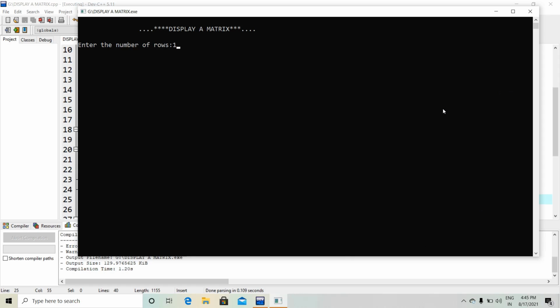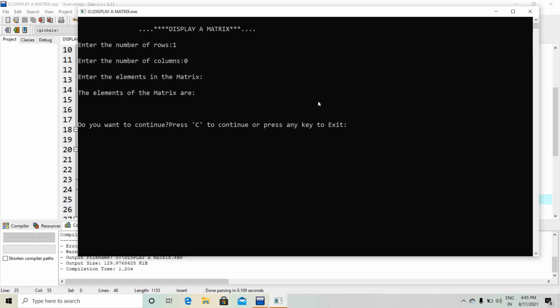So now again I am going to the number of rows 0. If I take the number of columns 0, then you can see here, enter the array elements in the matrix. There is nothing to show because there is no column.